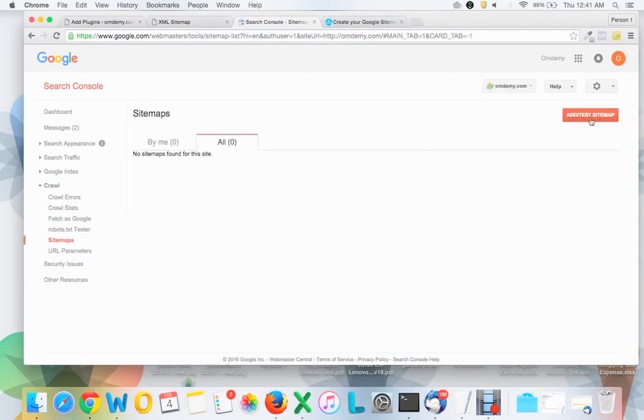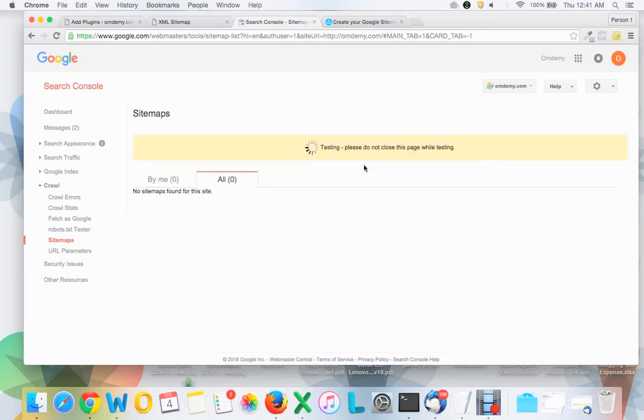You'll see here add test sitemap, and you can write the name of your sitemap file, which is nothing but sitemap_index.xml, and you can say submit. But before submitting, you can also say test, which will test your sitemap to see if there is any kind of error or not. So it says test complete.